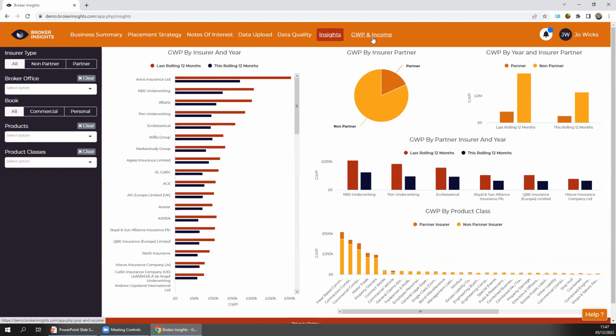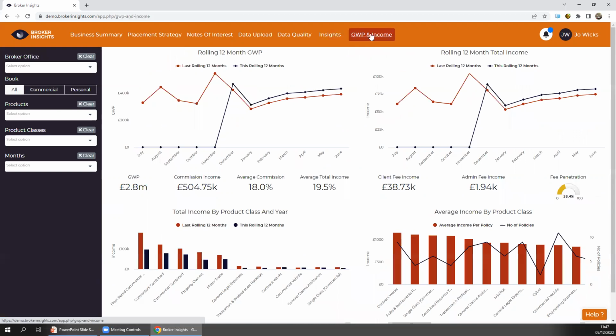From a GWP and income perspective, this final one will give you some graphs based on your income, the size of your book, the GWP values. Again, it's rolling 12 months. So you've got your rolling 12-month GWP stats, where you were versus how you are now. Your rolling 12-month income, so again, where you were 12 months ago versus where you are now, you can see how you've grown.